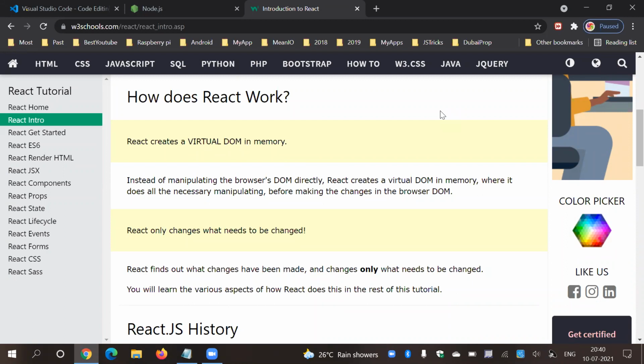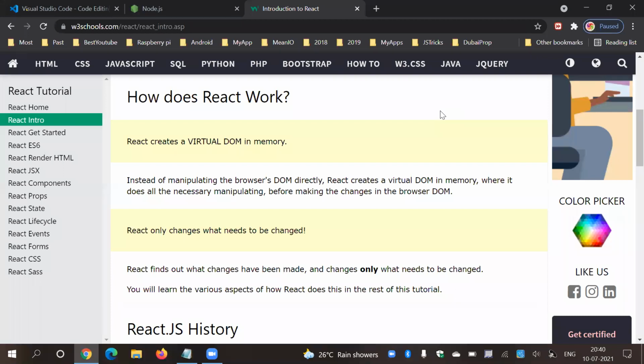But React creates a virtual DOM in memory. So if there is some kind of manipulation like show, hide, or append, any operation on a DOM, it does it in the virtual DOM and then renders it into the actual browser DOM.